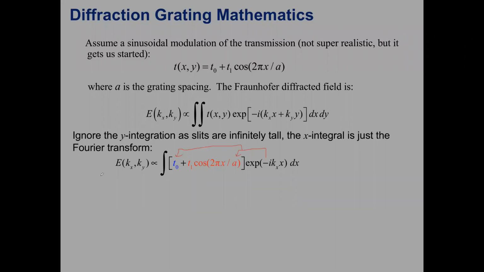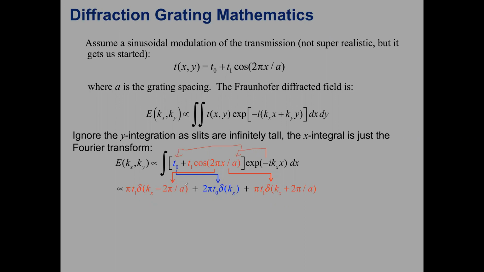So just to show you how these things align without delving too deeply into the calculation, this term, the term in blue, when we multiply by the exponential and integrate, that's the basic definition of a delta function centered at kx equal to 0. When we have this cosine term in there, we could rewrite that cosine as a sum of complex exponentials and then distribute everything, and we get two more integrals there that each define a bright delta function peak